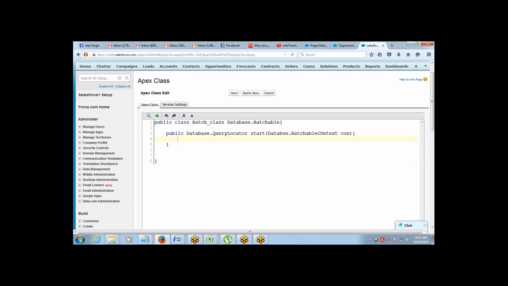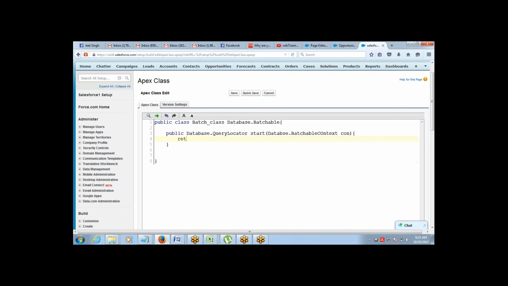Now in this start method, you just have to give a query, and using that query, Database.getQueryLocator, a predefined method, will form the batches. So Database.QueryLocator is going to form the batches of the data with the help of the query that I supply. Got it?